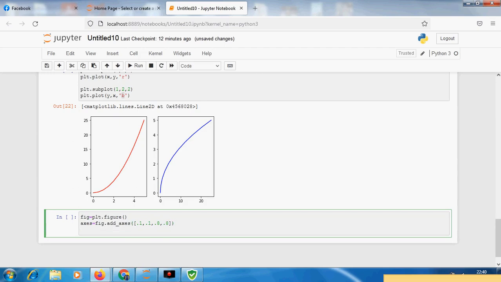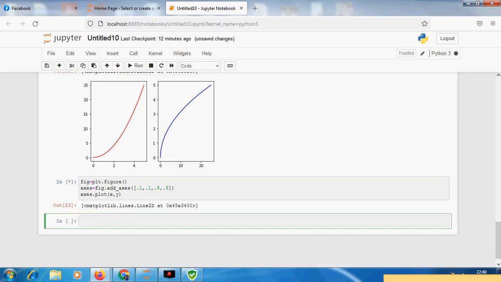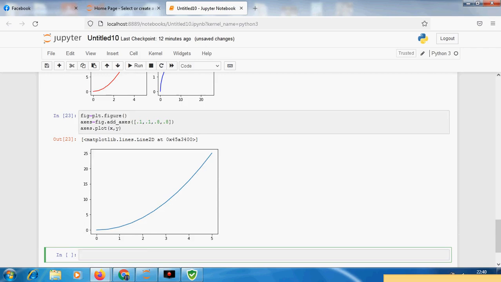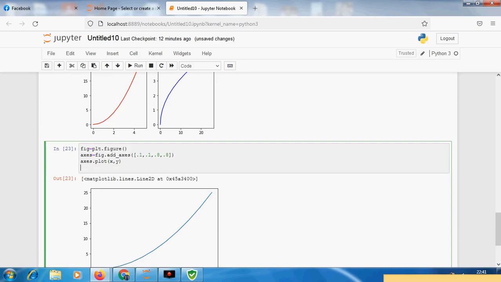Okay. Now I have to plot this graph: axis.plot using x and y coordinate values. What is going to happen? You check. Now we are getting an axis graph just like we draw using the functional method. Here the lowest coordinate is 0 and the highest is 5, and values from 0 to 125 are given just like this. And if we want to set a label, what we have to do is